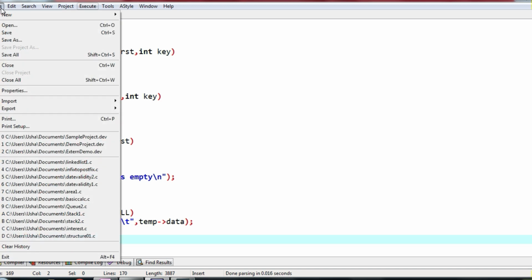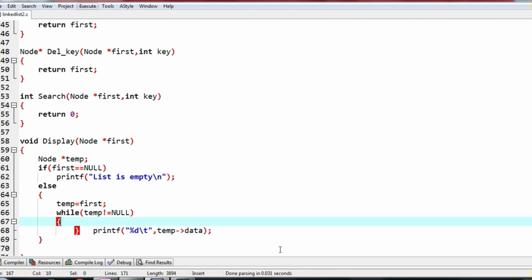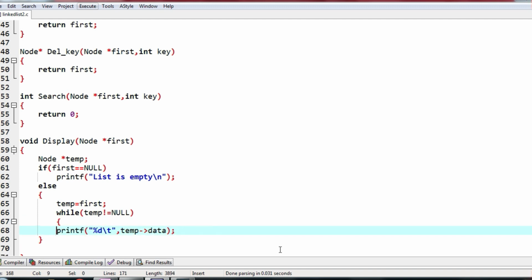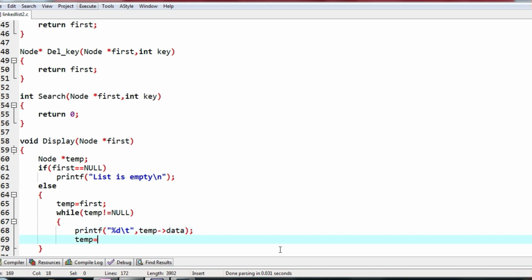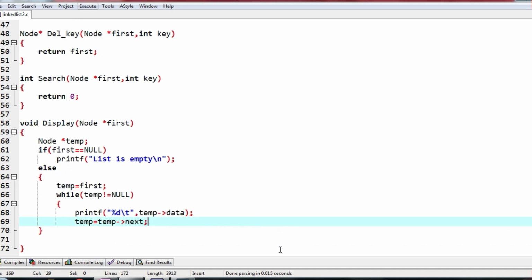So every time you write a function, so understand this, if first pointer is null, we are going to display that the list is empty. If first pointer is not null, then I'll copy contents of first pointer to temp. First pointer I am not modifying, I am just copying that address into one more pointer. Now as long as temp not equal to null, here I need one more instruction. As long as temp not equal to null, we have to keep moving to the next element. Okay, temp next. Now it is right.